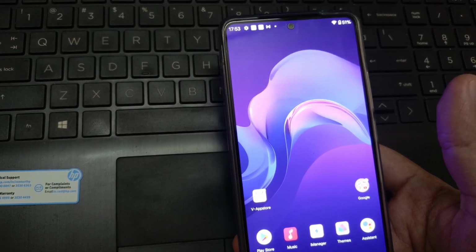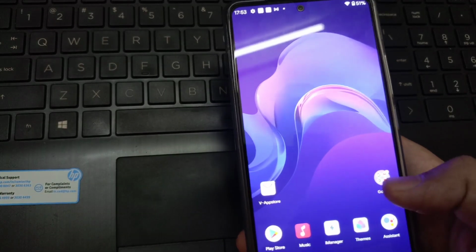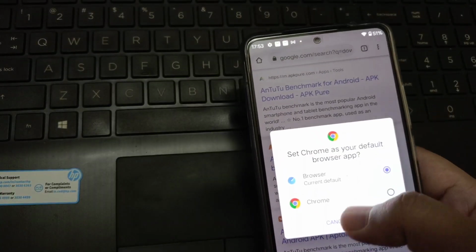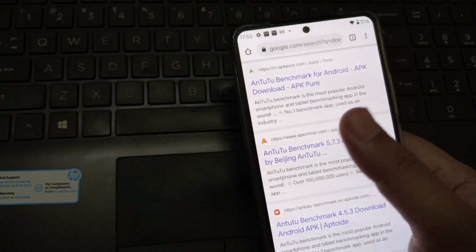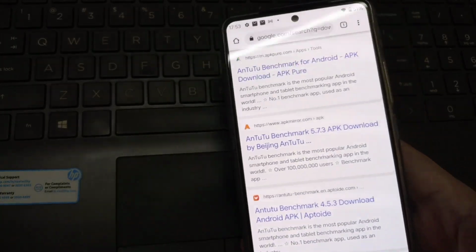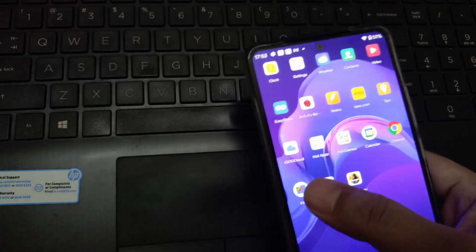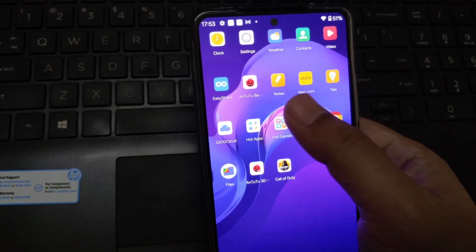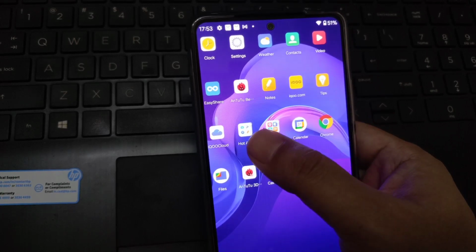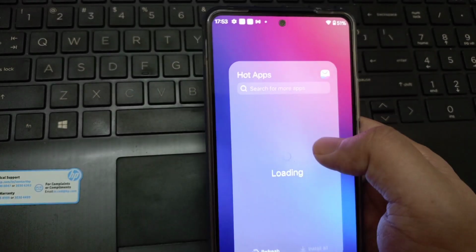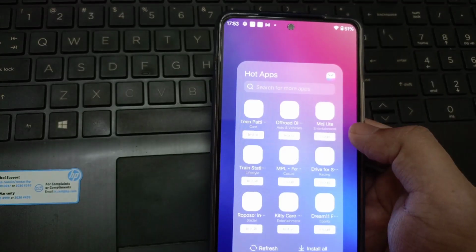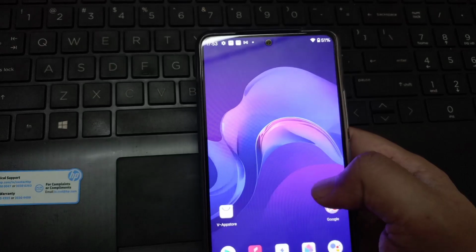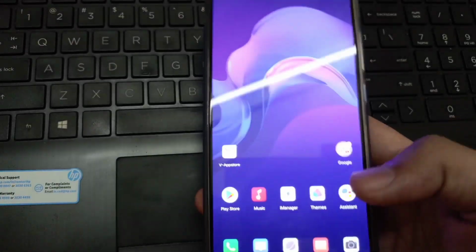So yes, you can consider it a broken feature, their own browser. But yeah, if you will look into Chrome, Chrome is working fine. I downloaded AnTuTu Benchmark for testing, and it is working fine. Chrome and other Google apps, files, everything working perfectly fine on this. You will get IQ and IQ Legend, cloud storage. Some apps, like, it recommends you an app, but it does not push it by its own. So that's something good. So these were the things which I wanted to tell you.